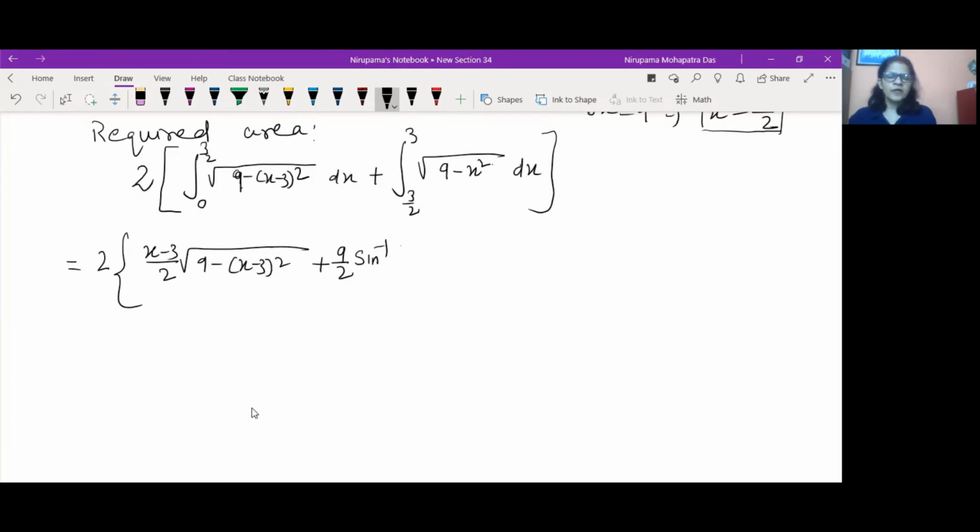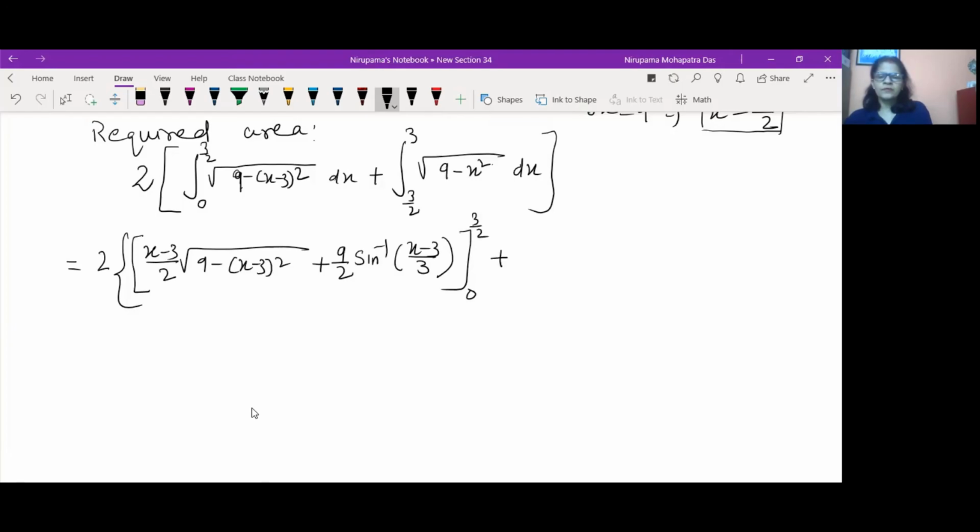X by a means it is x minus 3 by 3. Okay, so we are using the formula like this: x by 2 into under root a square minus x square plus a square by 2 into sine inverse x by a. Okay, now here limit is from 0 to 3 by 2